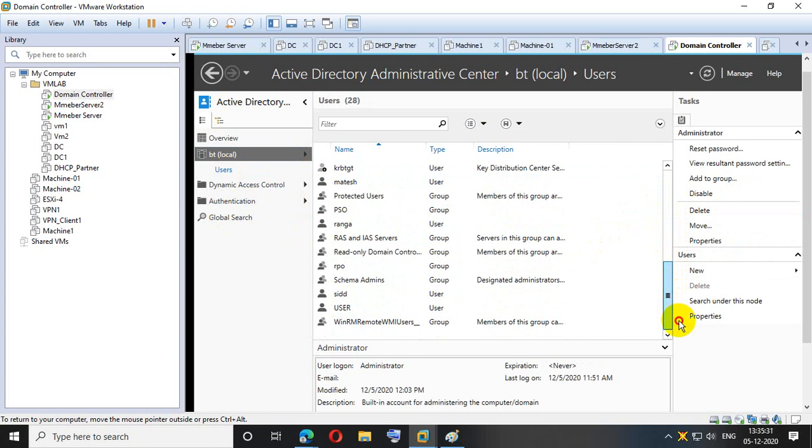You're searching for PSO, right? No, not PSO. It's the security container. Just a minute.